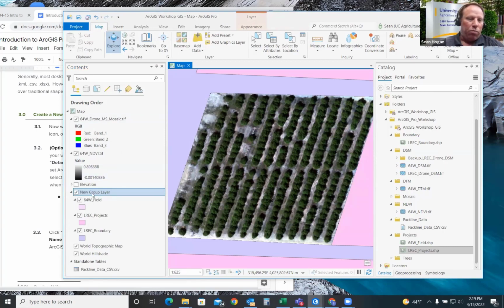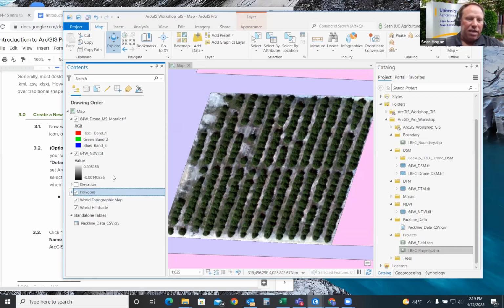Now we've created a group of polygons. So what we can do is slowly click this once and then twice, highlight over it, and say polygons. Now I can collapse and expand those. And now you can see already, look how much tidier our contents pane is. It's getting much more practical to view.